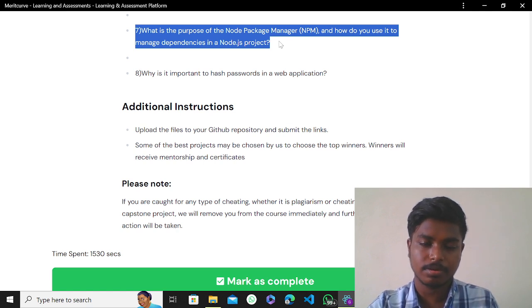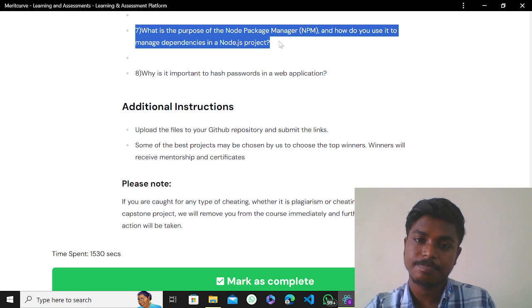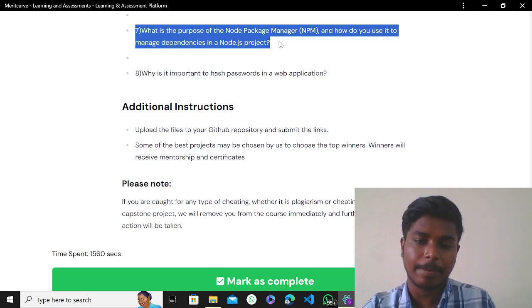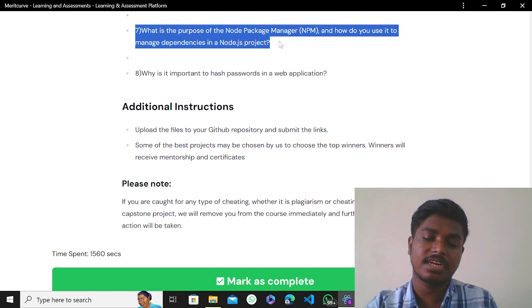Nodemon is useful because normally, when you make any changes to the code, you have to save it and run it again in the command prompt so that the server adjusts to the changes. But when using Nodemon, there is no need to run it again. Directly when you save, the server side will adjust itself to the new changes.